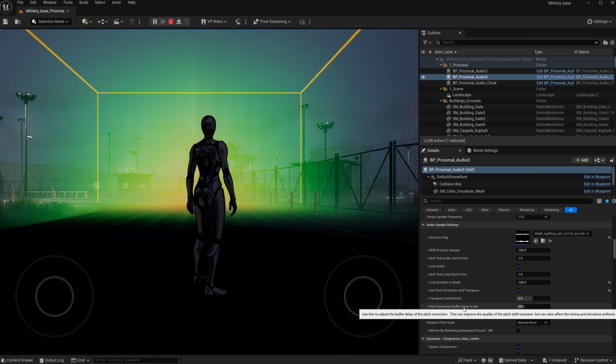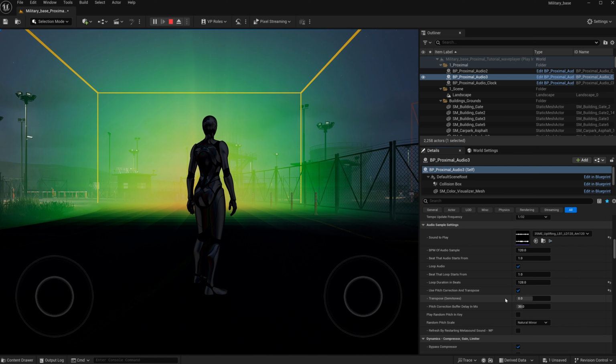And then you've got pitch correction buffer delay in milliseconds. So what that does is the pitch correction node in the MetaSound graph uses a buffer, and that just changes the delay that the buffer is operating at. So the default value is set to sound the best that you could probably get it using that node, but there might be cases where if you play around with it, you might actually improve the